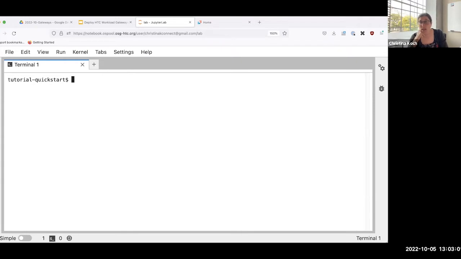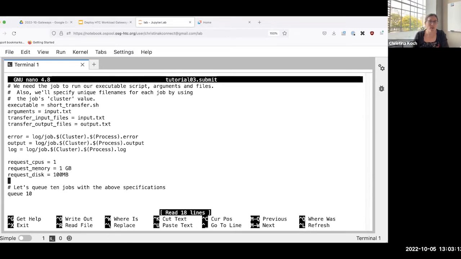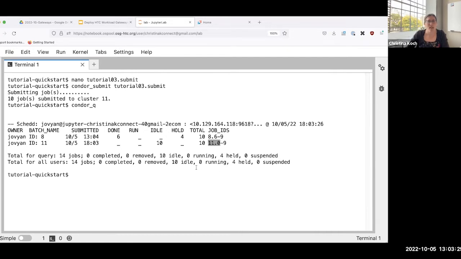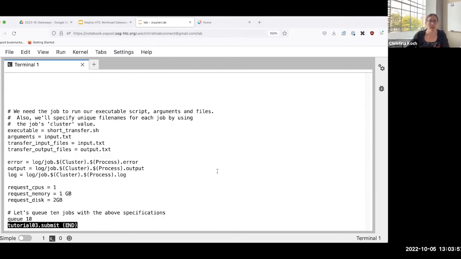If you request more than is available, your job just won't start. In fact, I changed the tutorial 03 submit file because I was having this problem earlier. So let's bump this up. Let's request 2 gigabytes of disk. I don't actually remember how much is on this. So I've requested more disk than I think is available. Let me check total disk on this. Yeah, the only worker node I have access to has 950 megabytes of space. And for the job I just submitted, I re-edited the submit file and requested 2 gigabytes of